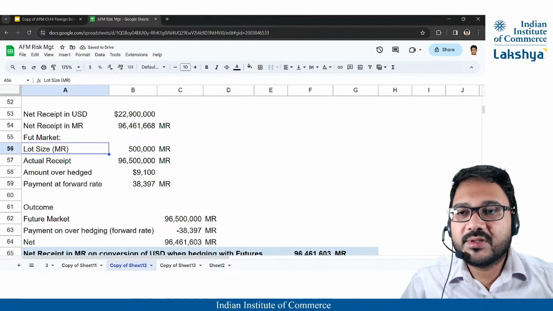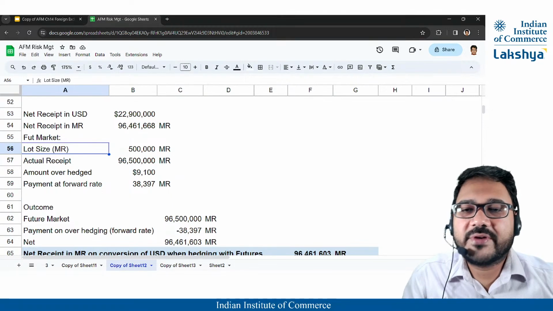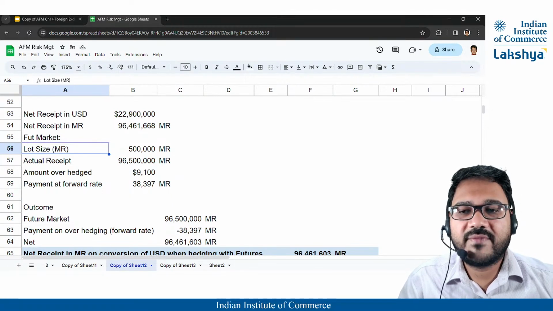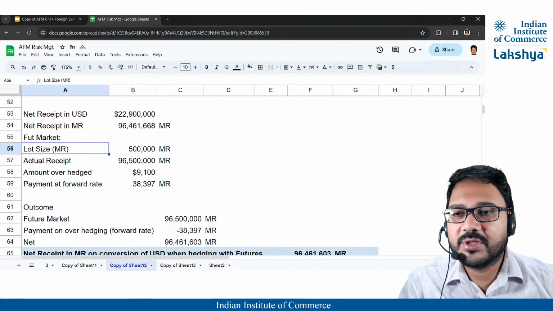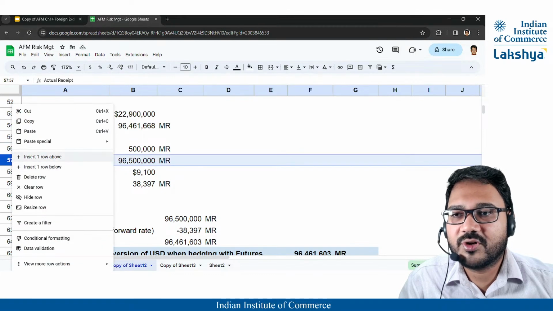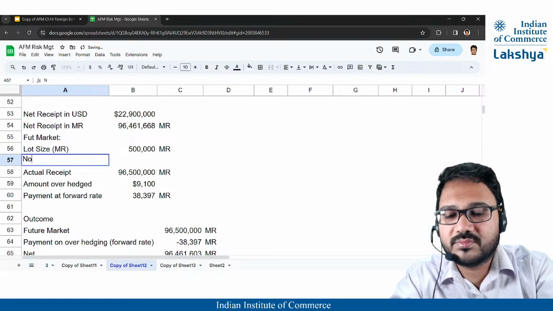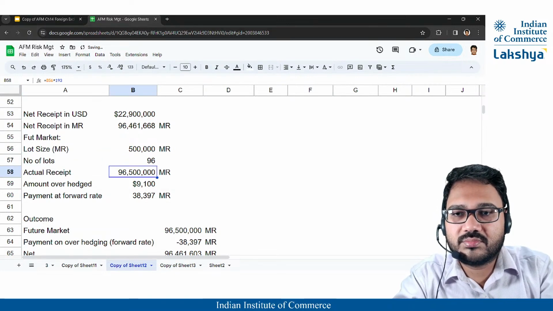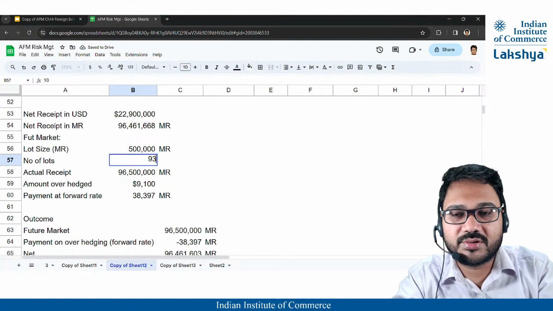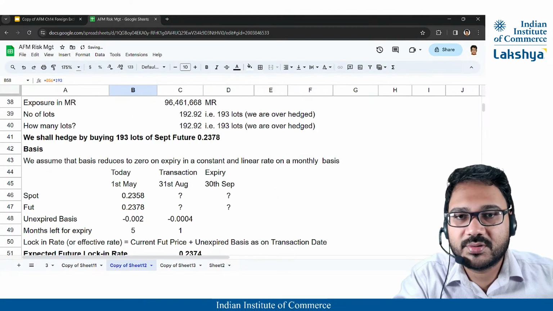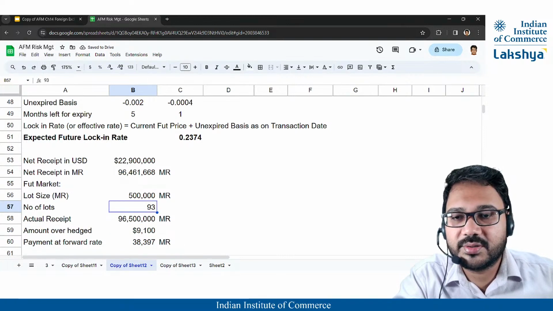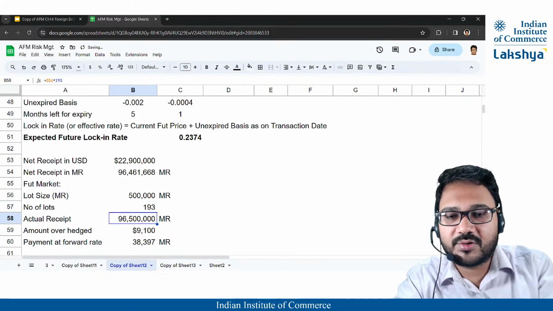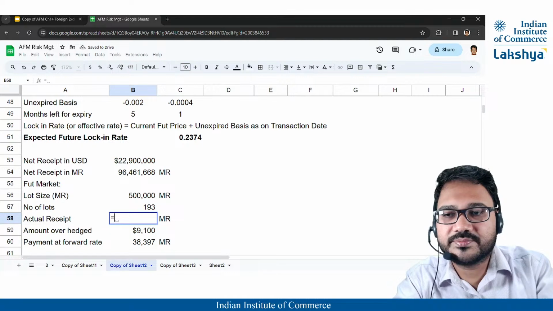All right, this is your futures market. In the futures market, what is happening is 500,000 MR you have hedged, and the number of lots is 193. So I'll just write it. So the actual receipt will be